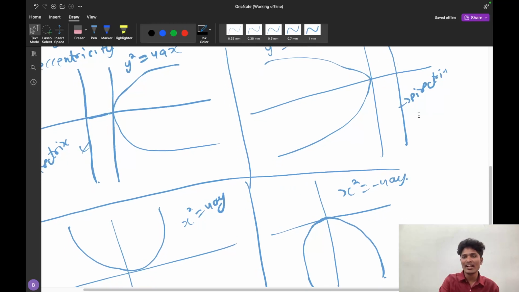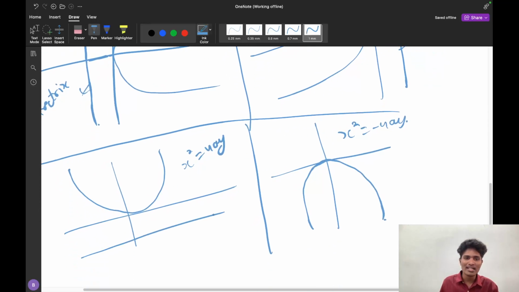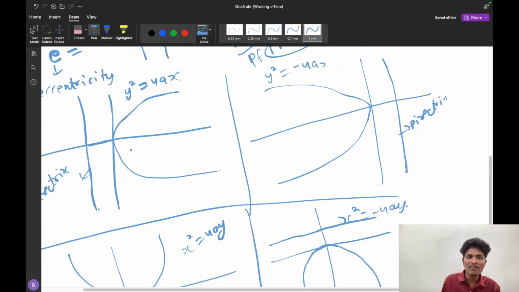And in this case, it is the directrix of this equation, and in this case the directrix is this one, and in this case the directrix is this one. And if you observe carefully, what is the focus then? The focus here is a comma 0, and the focus here is minus a comma 0. F is called focus, which is a fixed point,